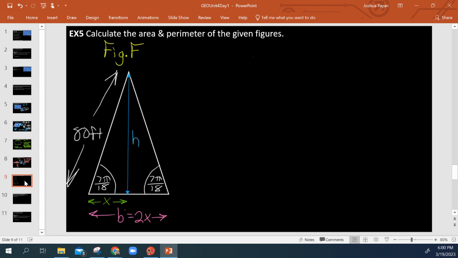Okay, one last example and we'll close out this video. We have a triangle here, right? And right off the bat, well, we know two things. First, we know the area of a triangle is base times height all divided by 2. The second thing that we should notice is this angle and this angle are the same. That means this is isosceles. This triangle is isosceles, right? So that is super helpful, because if it's isosceles and this side length here is 80, well, this side length also will be 80 feet,